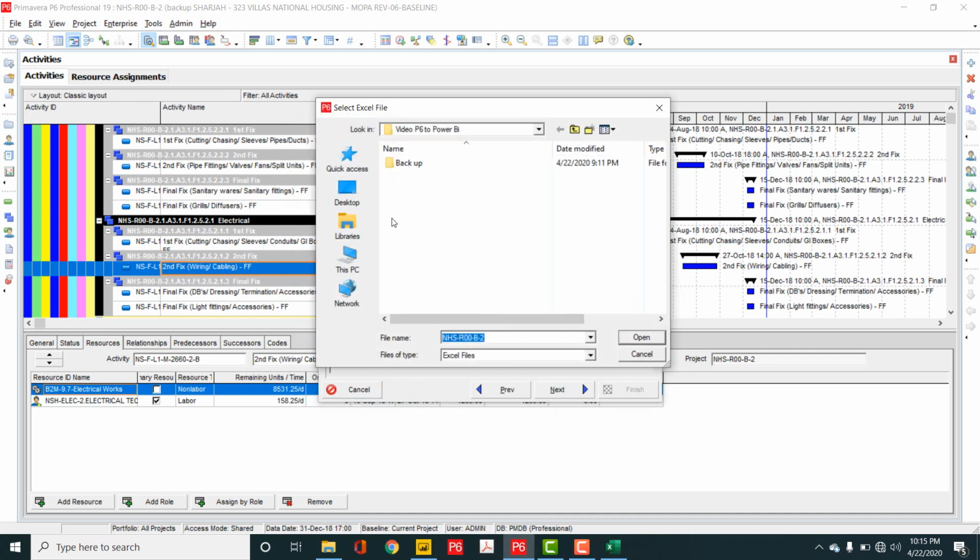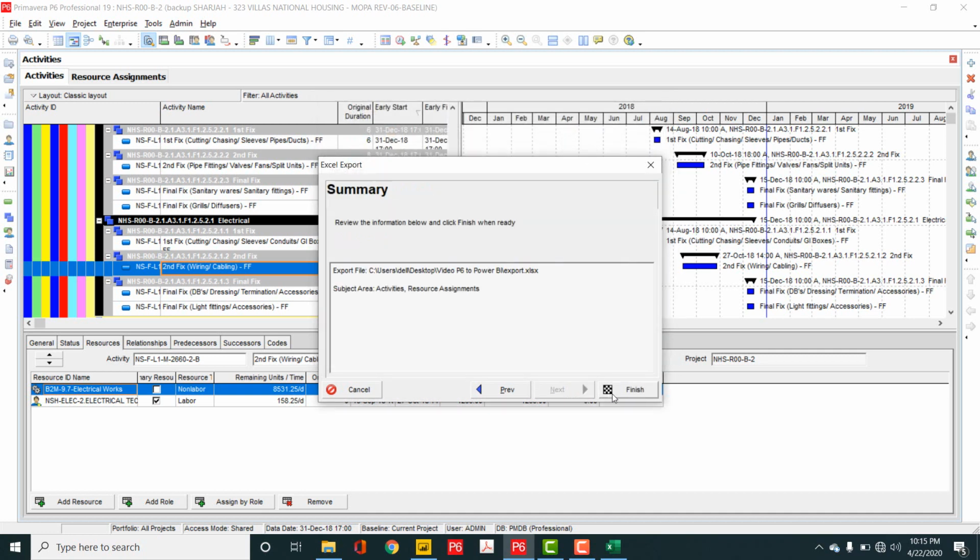So let's say here I want to export, the name of the file export, and we are exporting. This also takes like 2 minutes or 2.5 minutes. It depends on the size of the project data you are exporting, like number of rows or activities, and also the power of your PC. Currently I am exporting around 6,000 activities, 5,700. Yeah, so it takes like 1 minute. So I think I will pause the video here and after 1.5 minutes I will resume it.